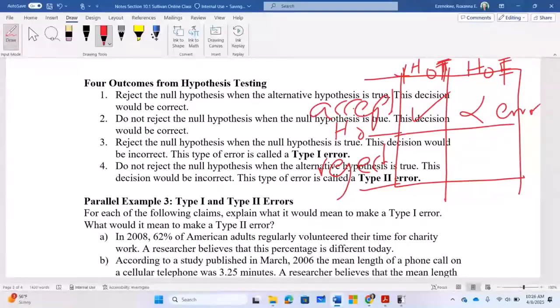So this is an error called type 2 error or beta error. Reject H0 when it is true, type 2 error. Accept H0 when it is false, type 1 error. If you reject H0 when it is false, then decision. So you see, this first